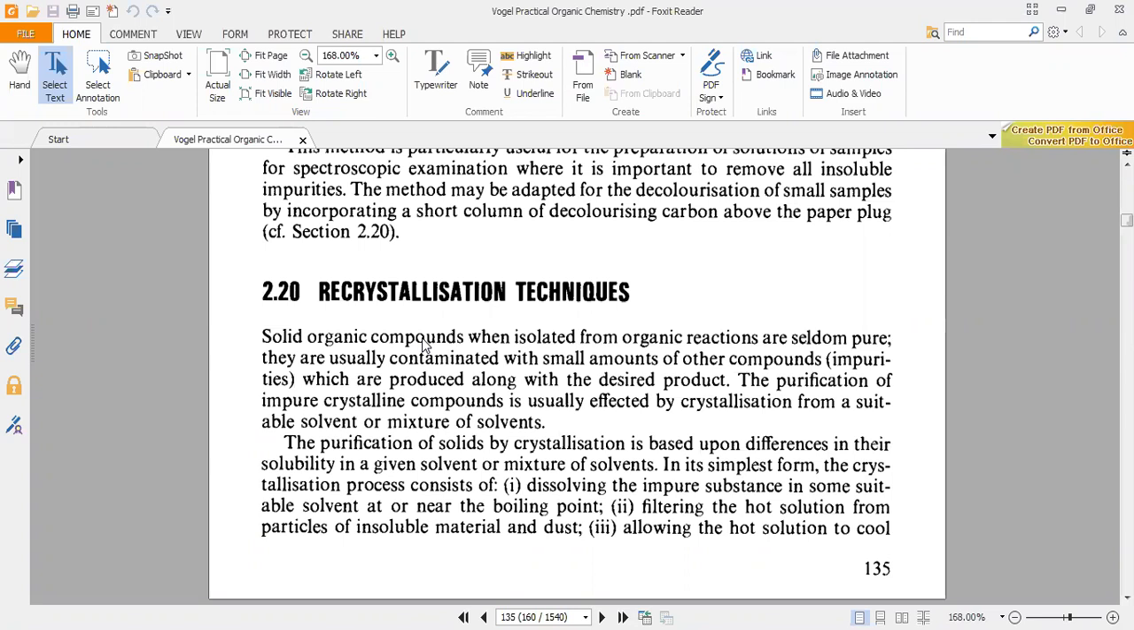Now there are two possibilities. Maybe the solid we are getting crystallizes out or it doesn't crystallize out. Keeping in mind if anything separates in the form of precipitates, let's say we are doing an organic reaction, when the product is insoluble,